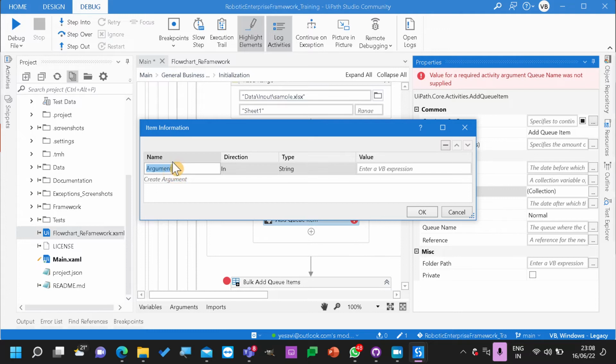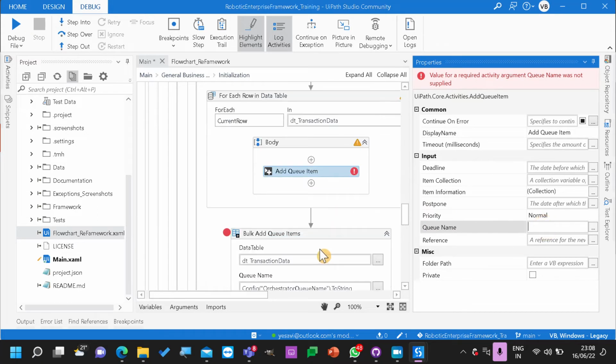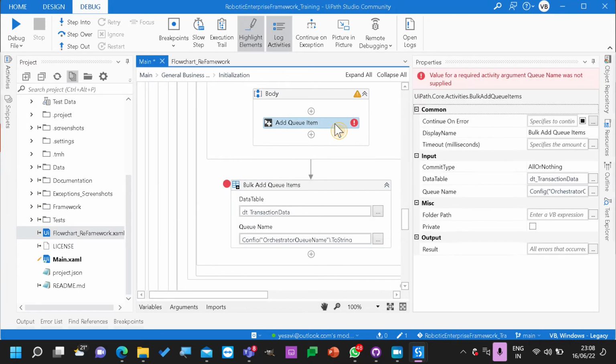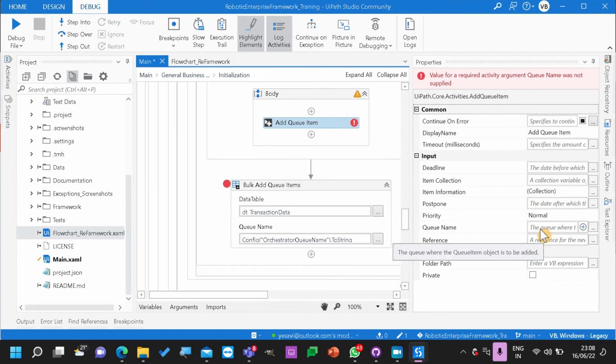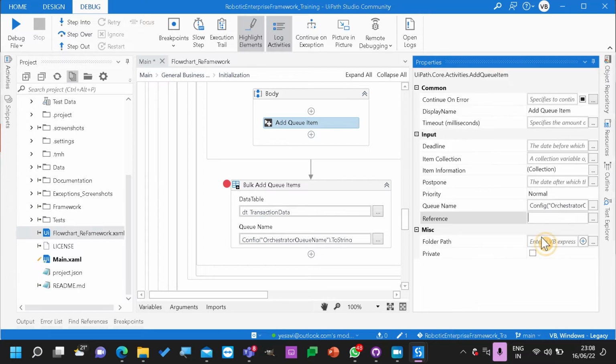Item collection will be file name and input, and this is current row of 0 dot toString. And here is the queue name, and we send the same queue name over here. And if you observe here, reference, this is what we need to give.